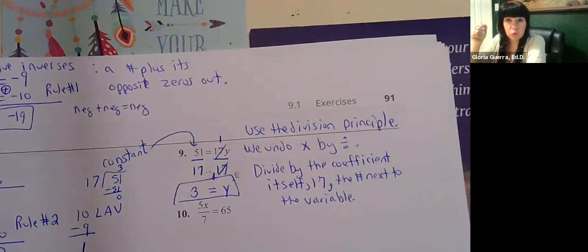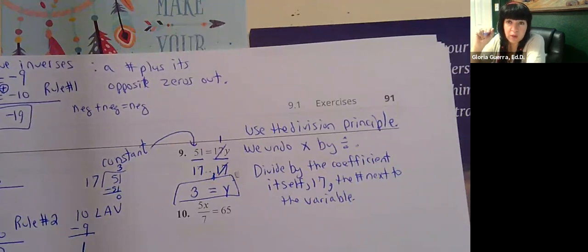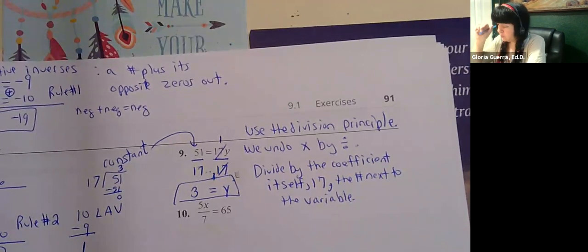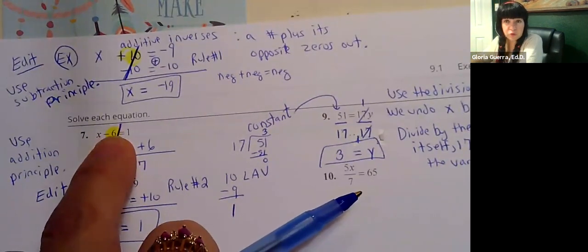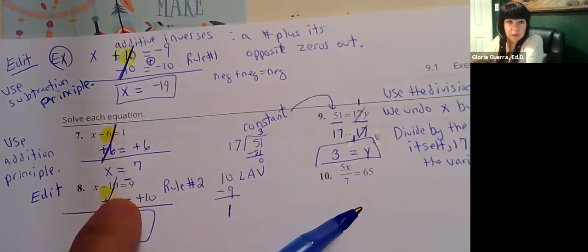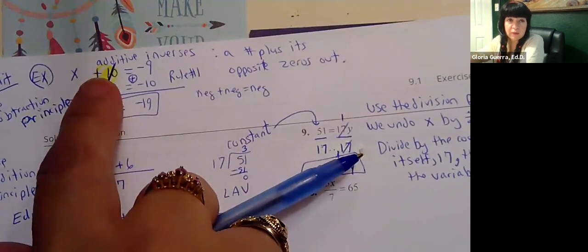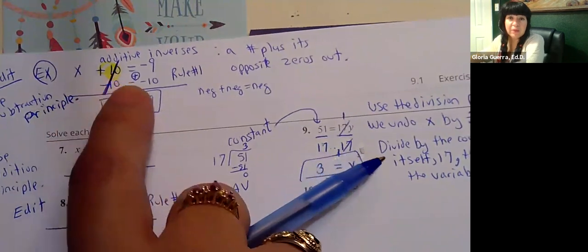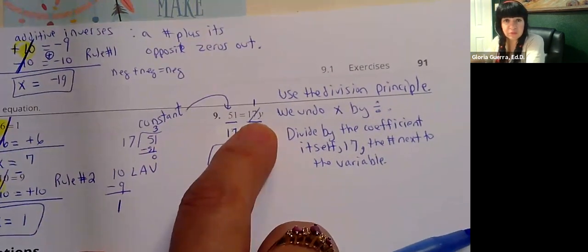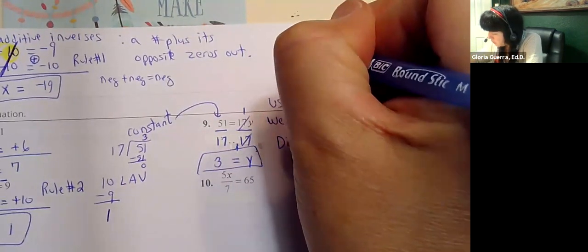If I had a term being added onto y, or a term being subtracted from y, then you use the addition or subtraction property. So like here on x, you had a term being subtracted, right? Minus 6. And here you had an x and you had a term being added onto that. But here you don't see a plus or minus sign. So you don't have this: 51 equals